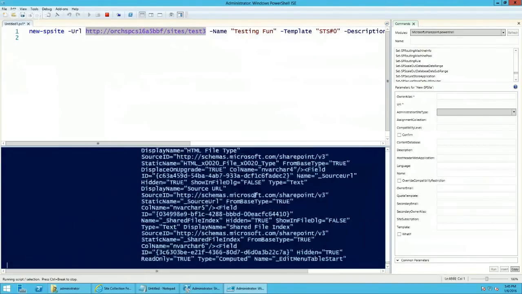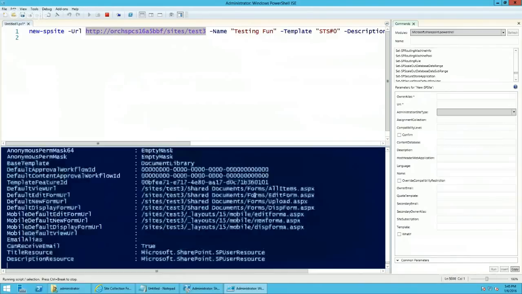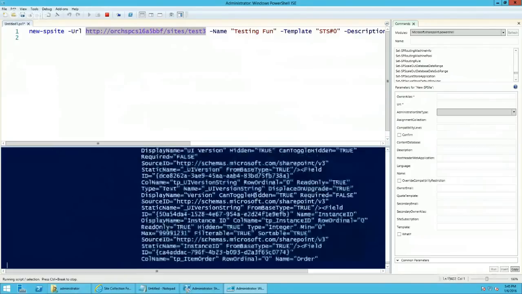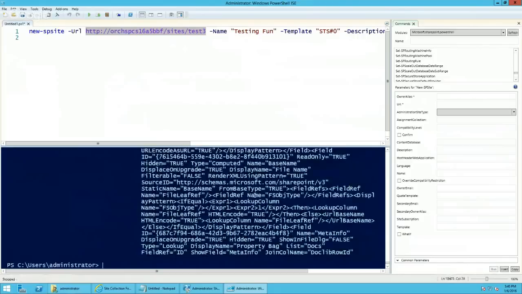So that's spitting out a whole bunch of stuff that I really don't need. But I just want to do stuff with that default document library. So I want to do stuff with the default document library so I can get that specific one. So again, I don't know what the syntax is, Jason, because I've just been binging this